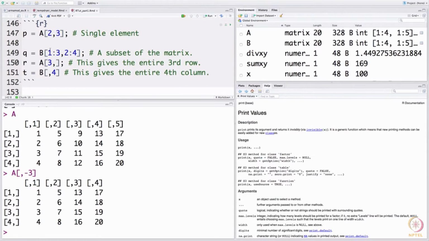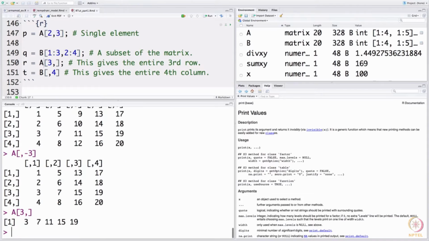So, here you can also access a subset of the matrix pretty much in the same way like a vector, and this syntax here gives you the entire row. So, how do you get the entire row? Here you have A 3 comma, do not specify anything. So, it gets you the third row. Likewise, I could ask for the fourth column,